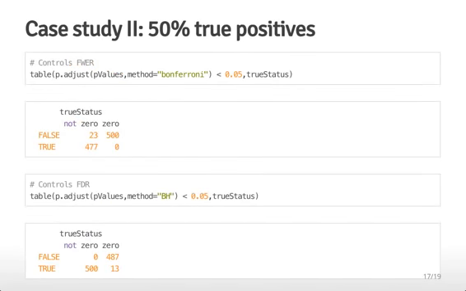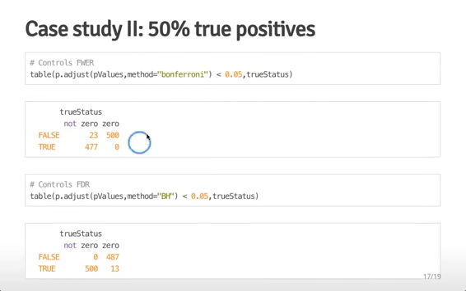So if I use the family-wise error rate, I again adjust the p-values using p.adjust applied to the p-value vector. I set the method to be Bonferroni and calculate the number of times it's less than 0.05. In this case, I actually discover slightly fewer significant results. In other words, I missed 23 of the cases where there should be a signal, but now I have no false positives, and that's because I'm again controlling the probability of even one false positive to be less than